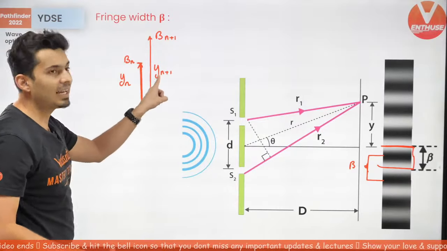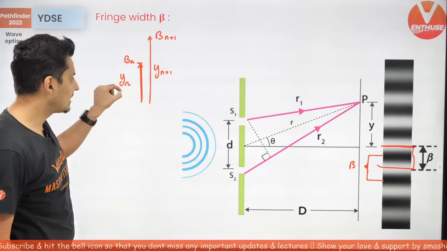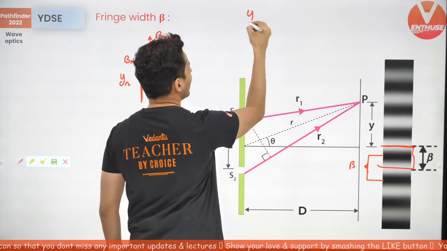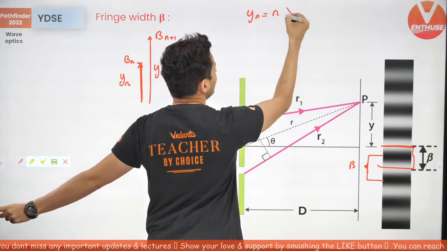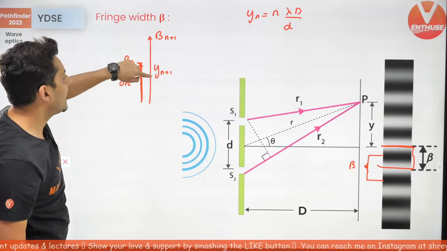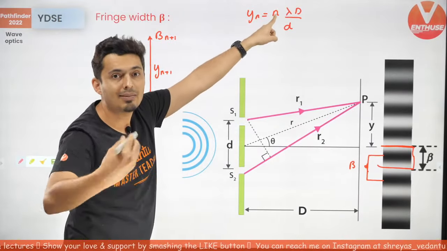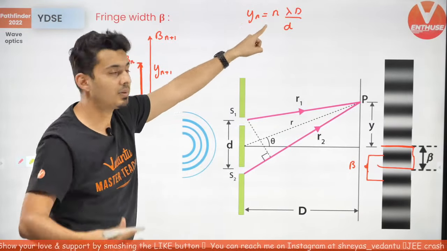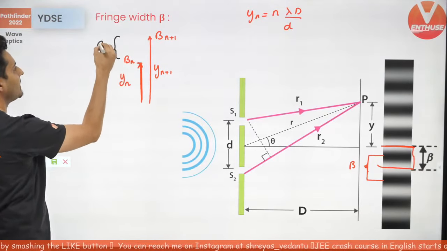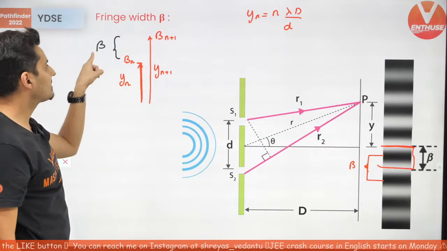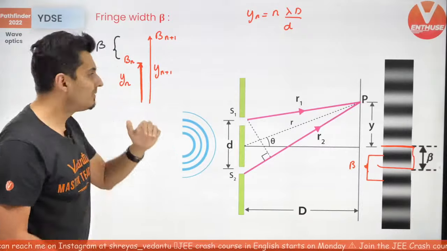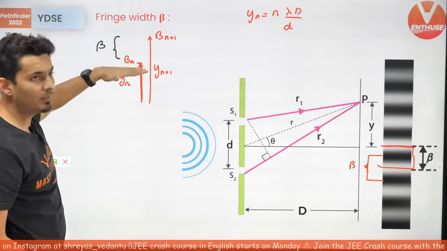What is Yn plus 1? N is that order, that number which you substitute in that formula for y. Remember that Yn formula, I just got it as n times lambda D by d. So the next bright fringe will be at the next number after n. What is the next number after n? N plus 1. So the distance between them is the fringe width, beta. Fringe width is expressed by the symbol beta,